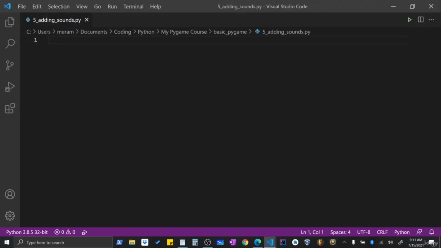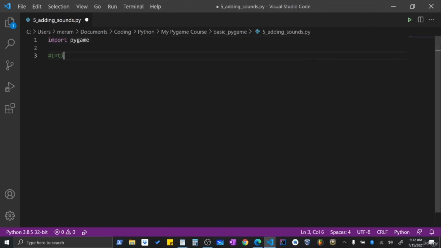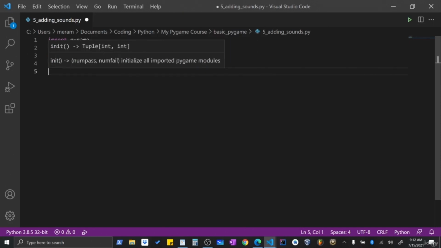And just like we've been doing, we're going to start with the basics. I could just copy and paste this from our previous ones over, but I really do feel it's important for us to go through it each time to get some muscle memory and really understand what we're doing. If you disagree, I'm sorry. Feel free to just copy and paste it over and skip ahead in the video, but I'm going to go through and do this. So we'll start by importing Pygame, and then we'll initialize Pygame by calling pygame.init, and we'll